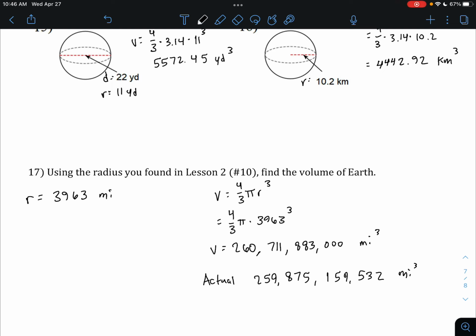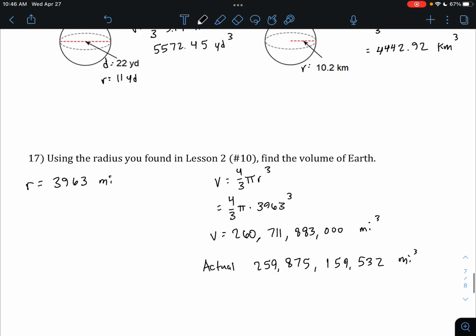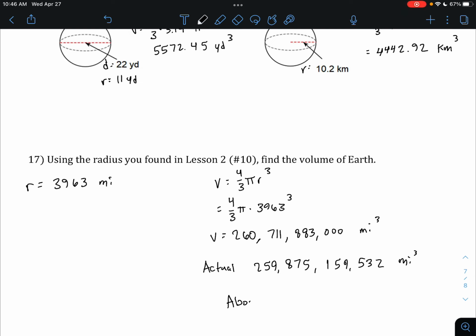So that looks like it's a decent chunk off, but if you subtract these numbers and take a percentage of the difference, we're actually only about 0.3% off